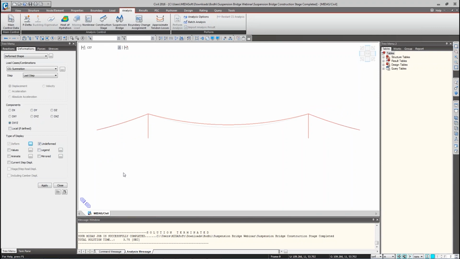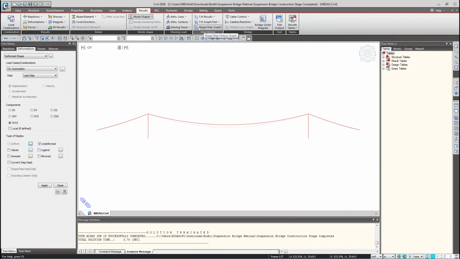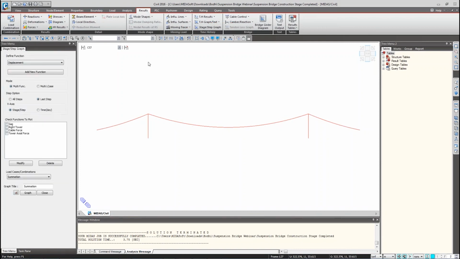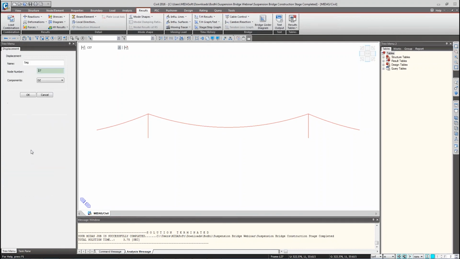Okay, then we wish to see how the sag point is behaving in each stage. So what we'll do is that we'll go to results and we'll go to stage or step graph. So we'll click on stage or step graph. Okay, then we'll add a new function, or I already have a function. So once you add a new function, you just choose the sag point